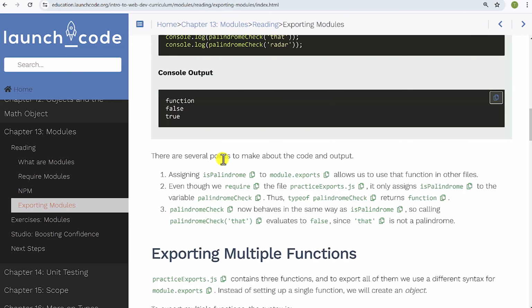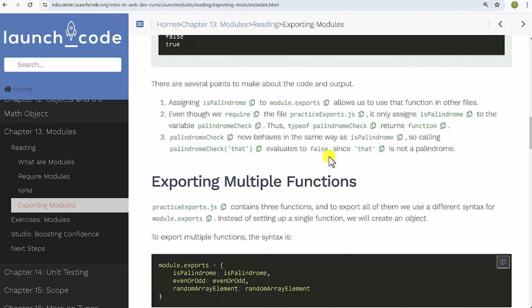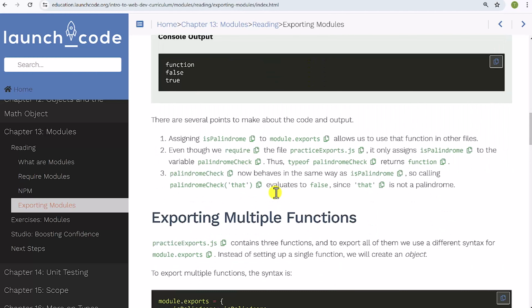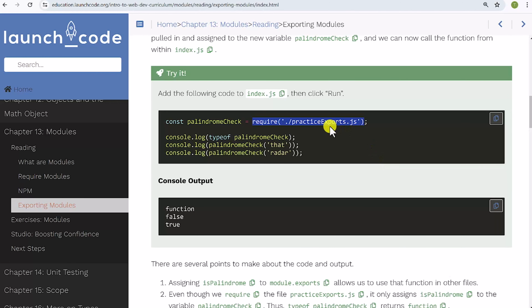Now, there are several points to make about the code and output. Assigning isPalindrome to module.exports allows us to use that function in other files. As long as I have the export, I can have 7 different files. All I have to do is use this require, which will import it into whatever file I need to import it into. Even though we require the file practice.js, it only assigns isPalindrome because that's the only function we